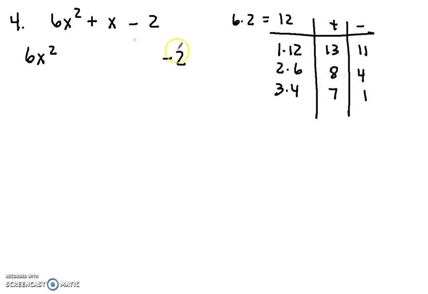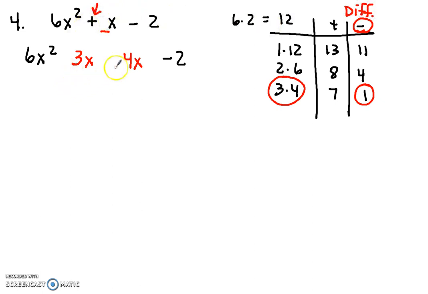And again, I am looking for my middle term. In this case, it's going to be the 1. And I created that 1 by using 3 and 4. So I will put 3x and 4x. Again, the 1 is in the minus column, which tells me my signs are going to be different. Again, I look at this sign right here. This will go with the larger of the two terms, so my x gets the positive and my 3 gets